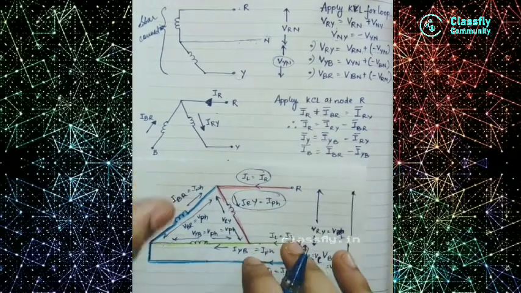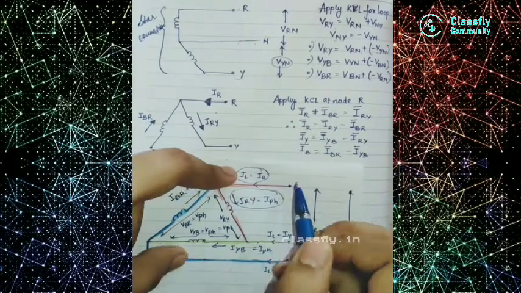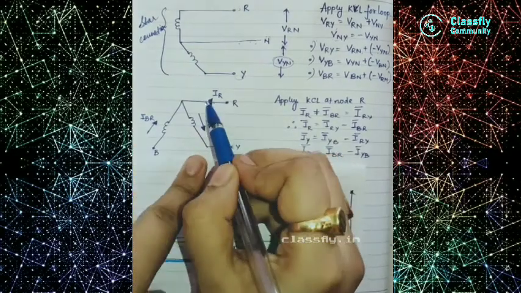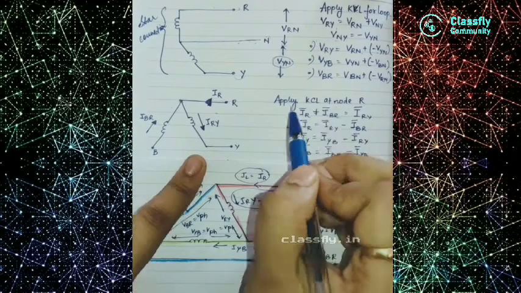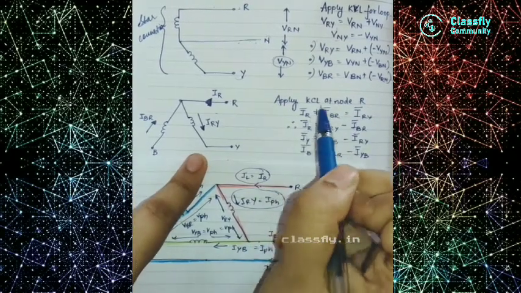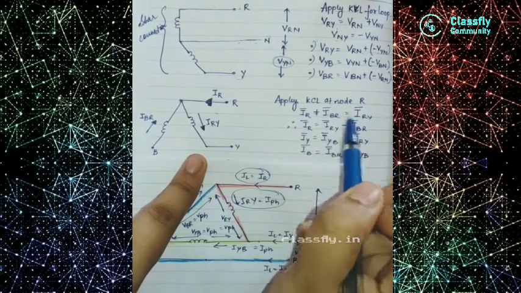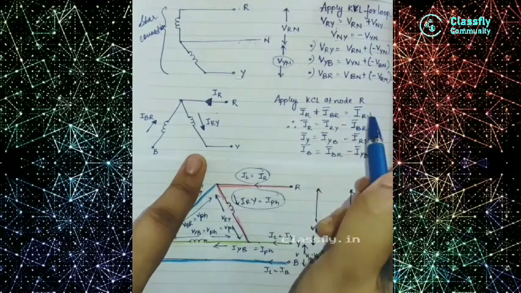So we will bring the relation between these two. We will apply KCL at this node. Here we can see that at this node we are getting 2 incoming currents. So we are doing IR bar plus IBR bar. If you are taking the sign convention with incoming as negative, put bar. If you are taking it as positive, then don't put the bars. IR plus IBR equal to IRY.